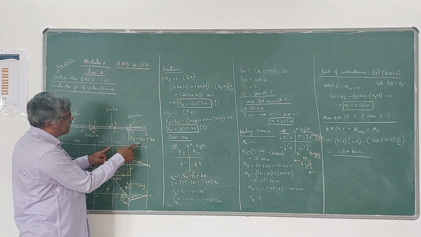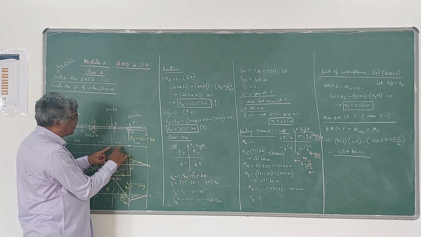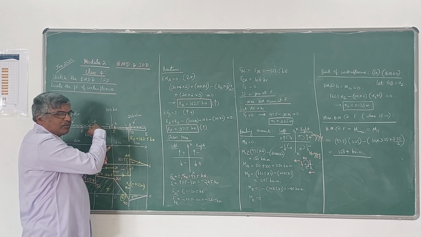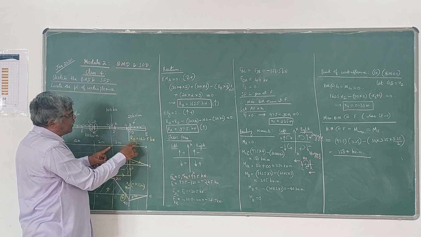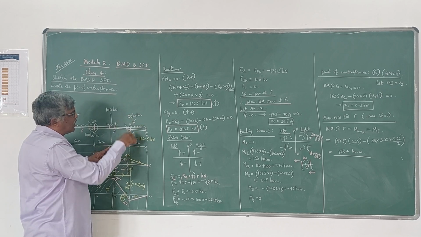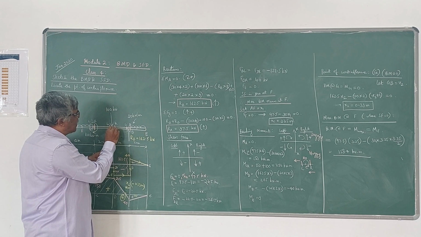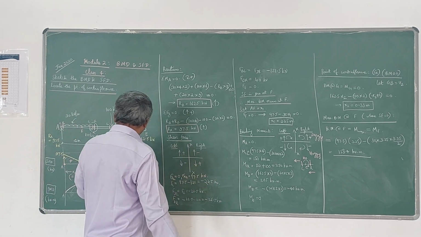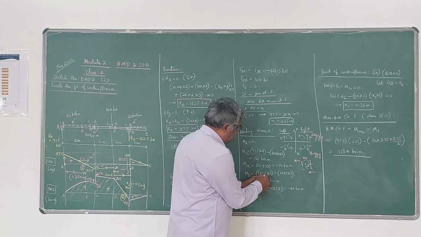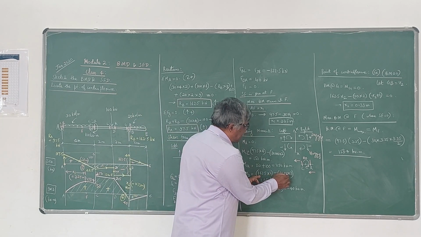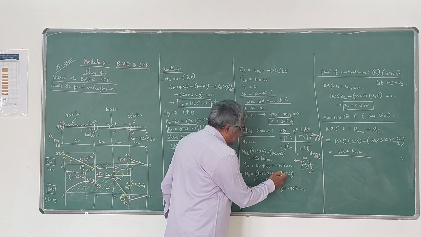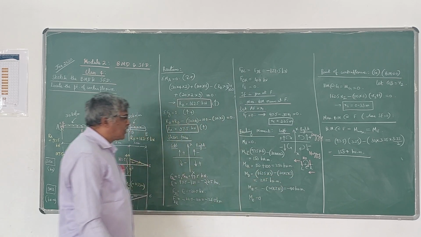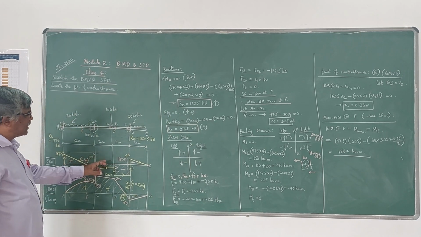If you are seeing the right side of D, 162.5 into 2 distance is there. Okay? So it is acting upwards, therefore positive. Then this 20 into 2 is acting downwards, 40 into distance from this point D, it will be 2 plus 1, so 40 into 3. So here it is 162.5 into 2 minus 20 into 2 into 3, because this is acting upwards, this is acting downwards, it is negative. So you are getting 205 kilonewton meter as the bending moment at D, MD value.